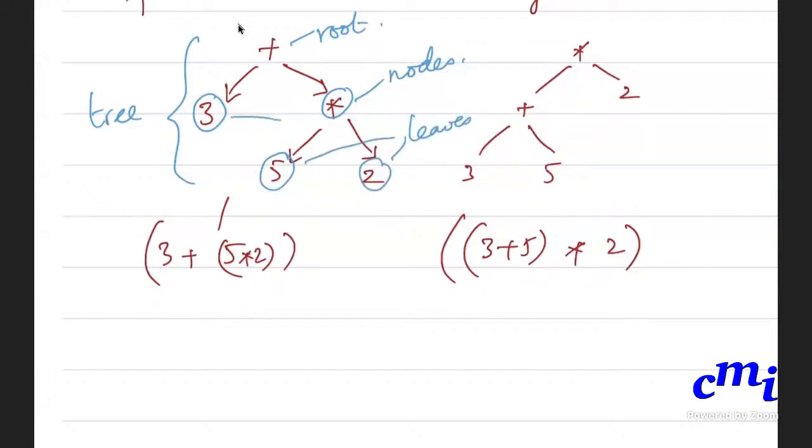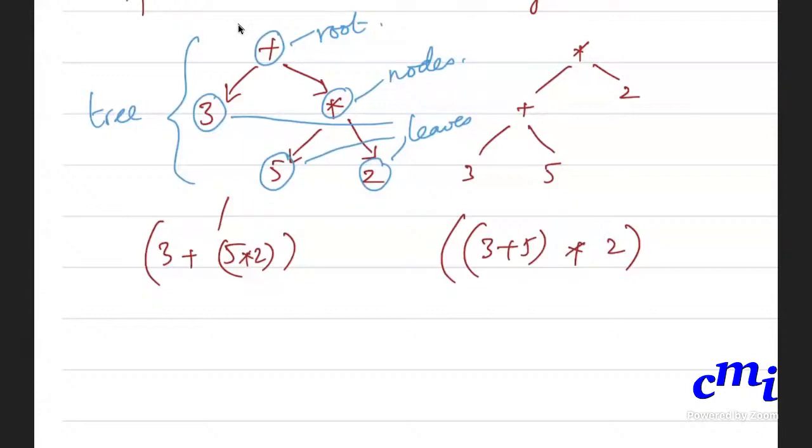Okay. These things are leaves. Is it clear? So you have a tree. In computer science you always write trees in the inverted form. The root is on top, and then there will be branching off, just like a tree branches off. At the very end, where there is no branching off beyond that, those will be the leaves, and the internal places where the branching off happens are called nodes. And the topmost thing is the root. So really, expressions have a tree-like structure.